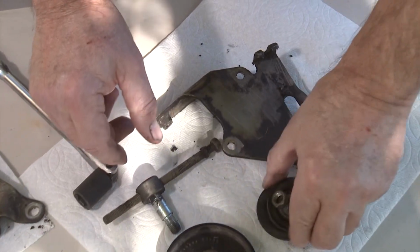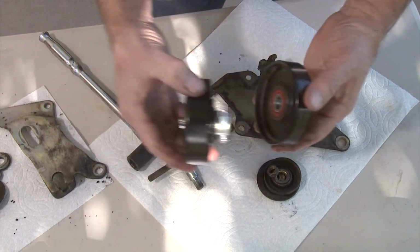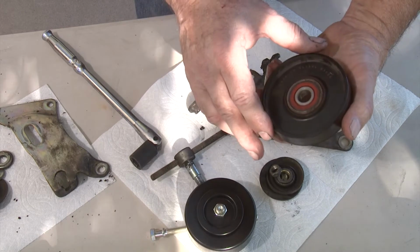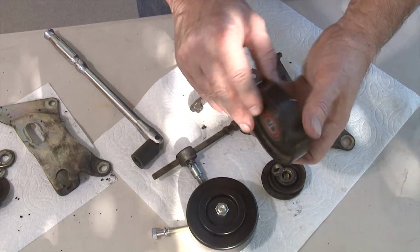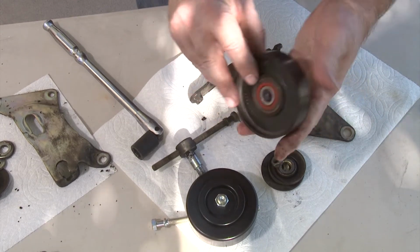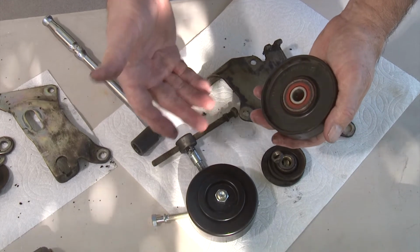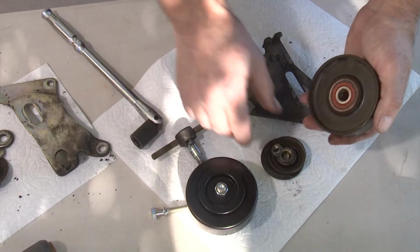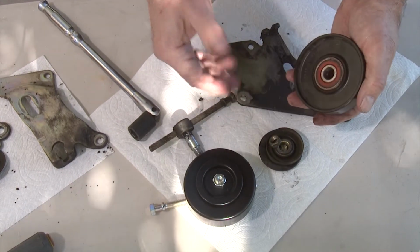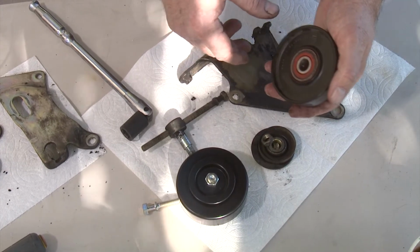Now we're replacing it with a genuine Nissan part. You'll notice that there is a bit of a difference between the genuine Nissan part and this. This was a generic roller that I put in about 60,000 miles ago. And you'll notice that you have access to be able to press the bearing out and replace just the bearing if you want. So if you're really trying to save money, you can certainly go that route. But I've had better luck with the actual Nissan parts than with the generic. So that's why this time we're going to go ahead and put it back together again with the genuine Nissan